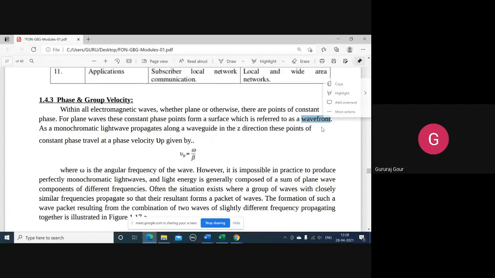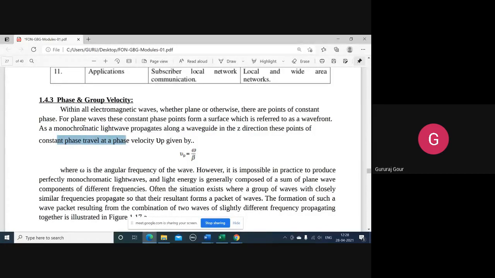Okay. The surface provided by the points in the plane is known as a plane wavefront. Now coming to here, what is the problem with these optical rays? Practically he is telling that monochromatic light waves propagate in the z direction normally. That's why I told, if E and H are in X and Y, information is there in the z direction with a constant phase travel.